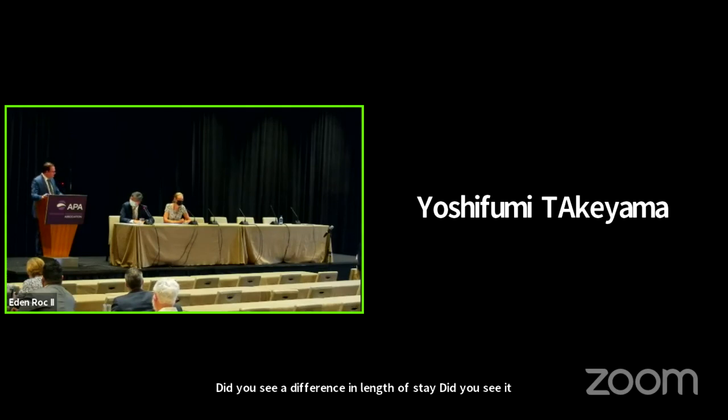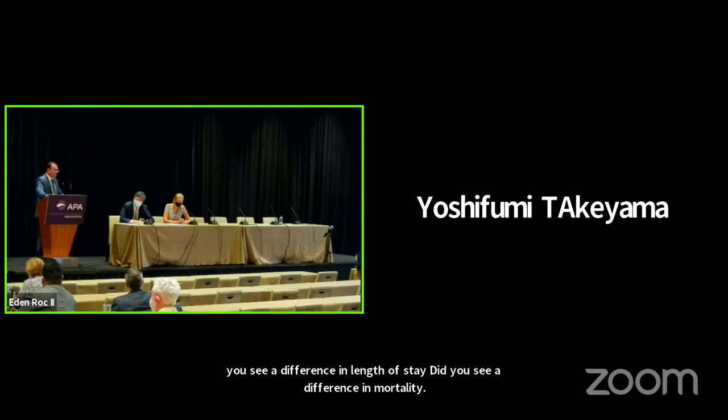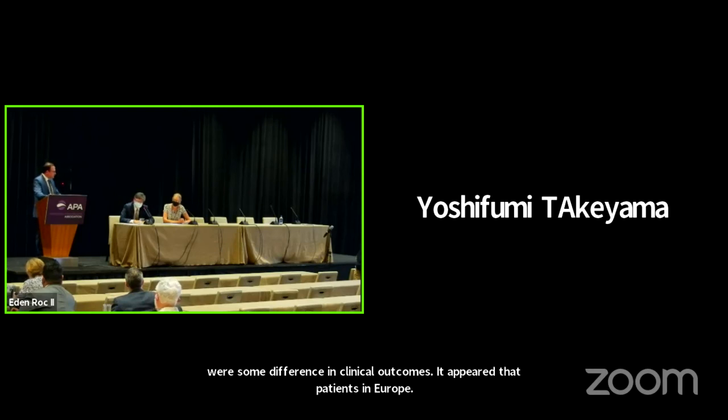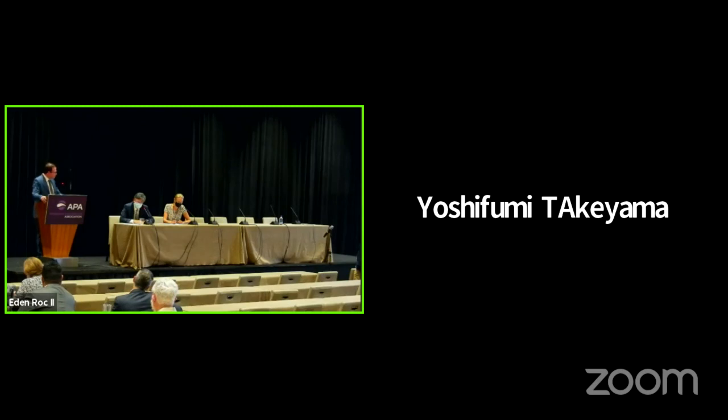There were some differences in clinical outcomes. It appeared that patients in Europe tend to be older, sicker, and have higher mortality in comparison to the rest of the geographic areas. Granted, patients in Europe also received less amount of fluids in the first 24 hours. This is an association, but it's very hard in a prospective observational study to make more granular conclusions based on